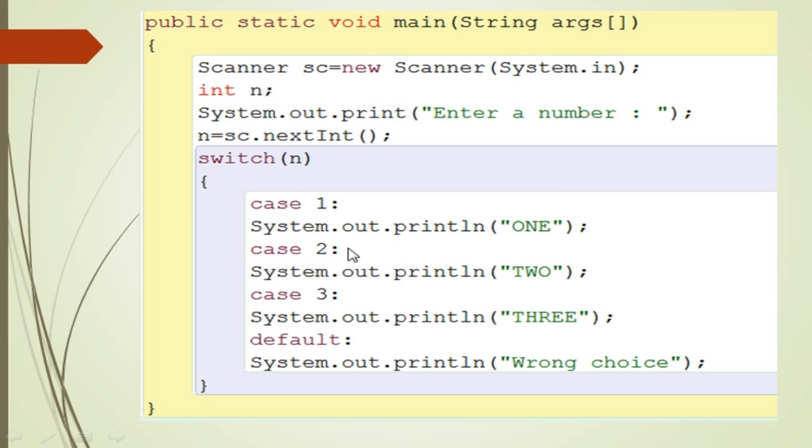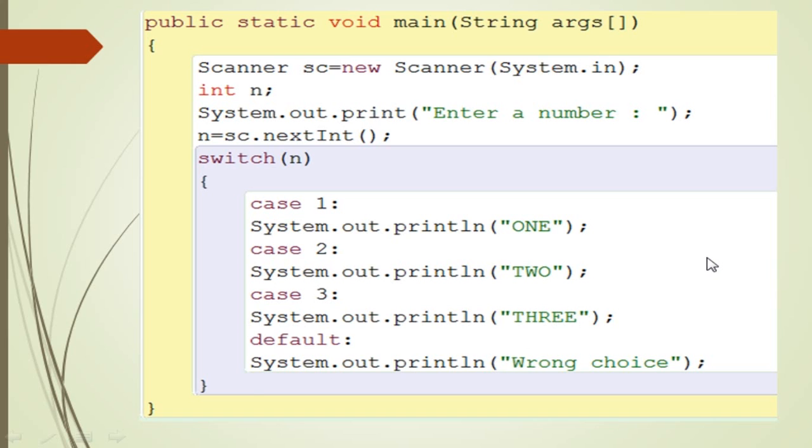So here you can notice that there is no break statement in any of these cases. So suppose if I enter 1, it will match with case 1, enter into this, and print 1, and since there is no break statement, it goes to case 2, executes it. Since here also there is no break statement, it goes to case 3, executes it. Here also you don't have break, so it goes to the default statement.